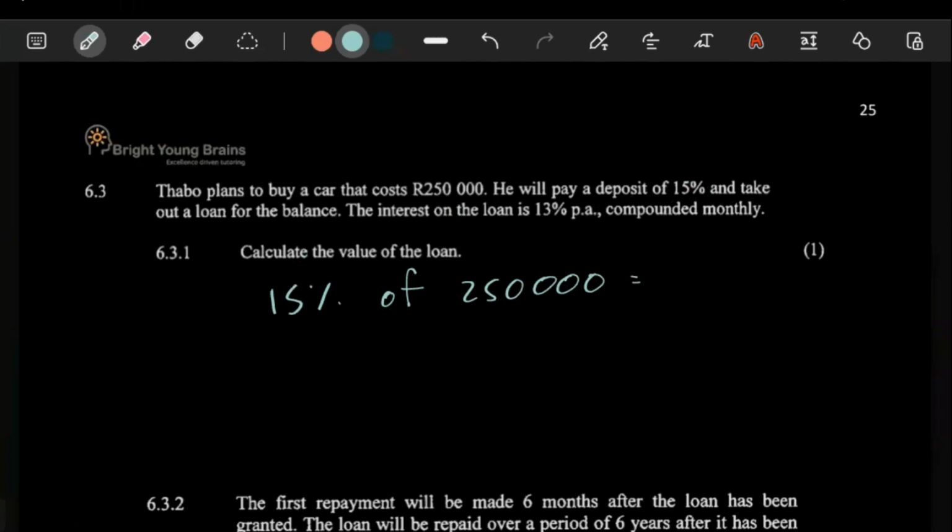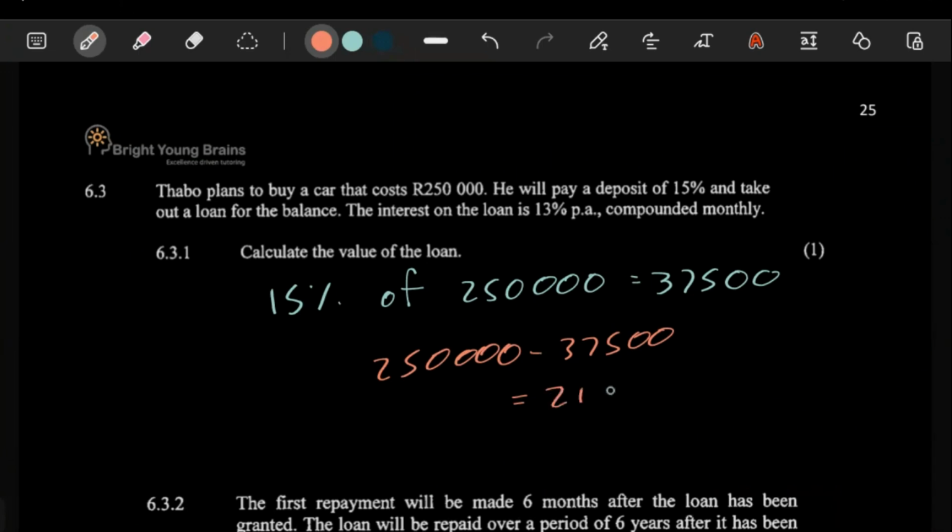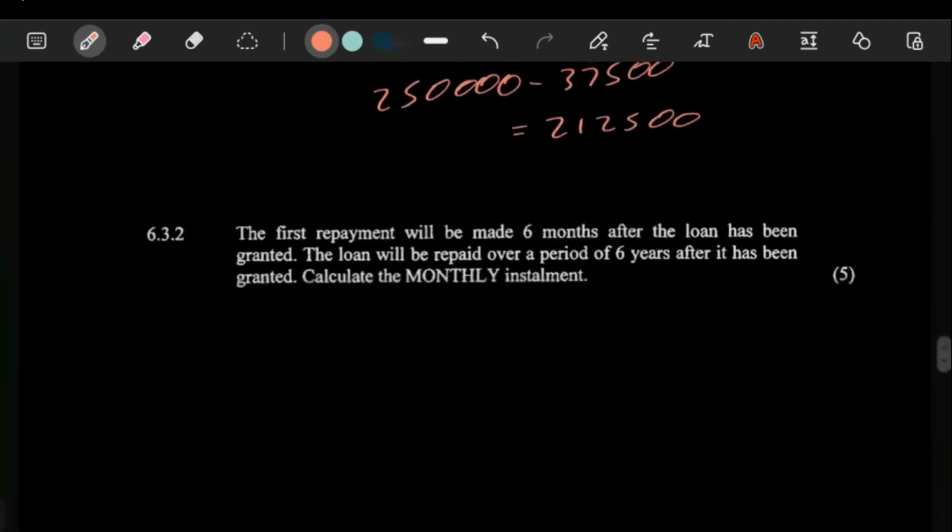15 shift percent of 250,000. That's like 37,500, right? So if you remove that, you're going to have 250,000 minus 37,500. What do you have there? 250k minus the answer. You have like 112,500. I mean, no, 212,500. And then it says here the first payment, no, the first repayment will be made 6 months after the